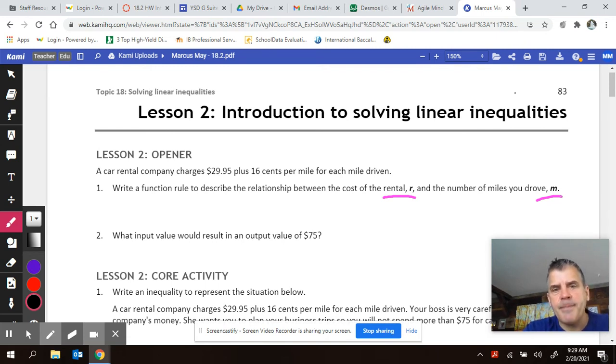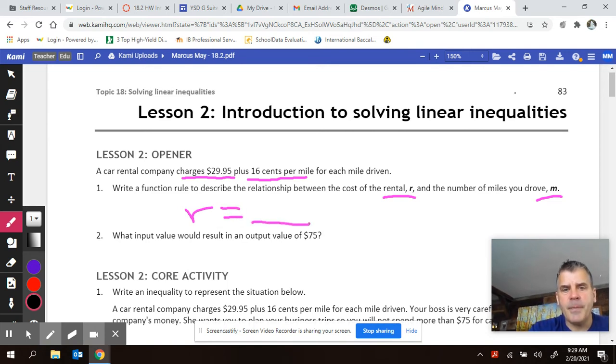So if you go back to the stem, they're telling us that we're going to pay 16 cents per mile. If I drive 1 mile, it's going to cost me 16 cents. If I drive 100 miles, think about that. How much is that going to cost me? If you put that value in along with this rental charge, that's an upfront fee, you'll get the total. So R, and I'll get you started here, equals, I want you to fill in what goes there, and then M, and then we're going to add on,